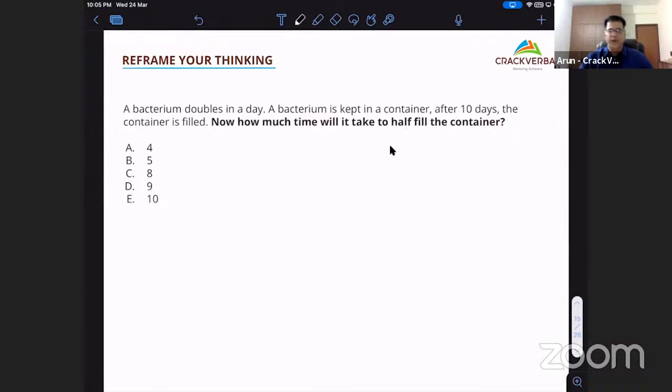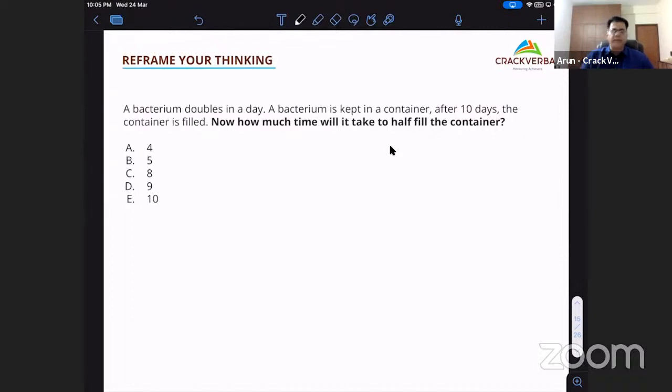Right? So this is one of those questions, and I want all of you to think. So many times, what happens is we think that the question requires something more complicated than what it really is. If it is going to fill in 10 days and it is doubling every day, then on day 9, it is going to be half filled. And then the last day, it is going to double,